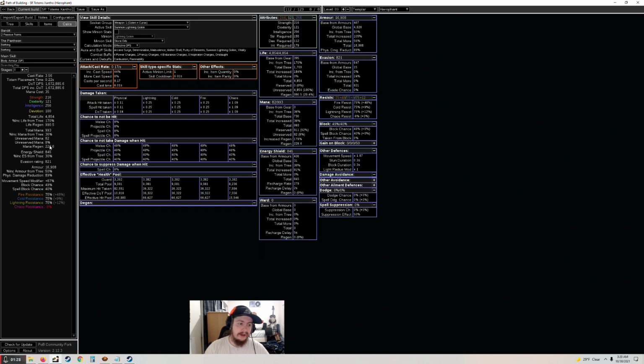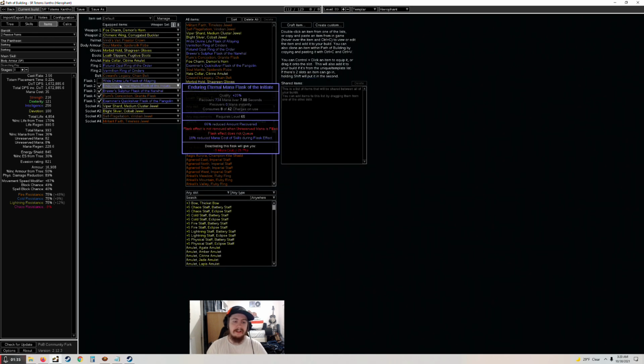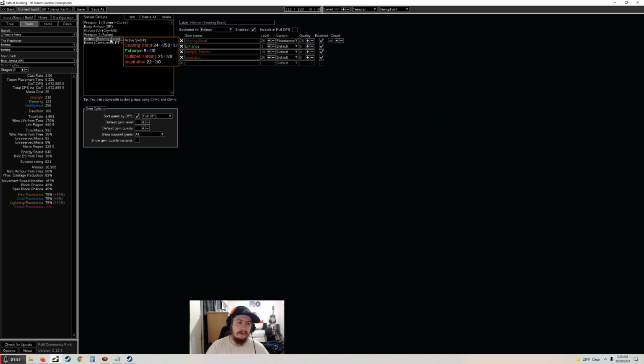A bunch of mana regen. We're not running Clarity. We just have so much mana regen from that. But to spam our totems, we do need to use an Enduring Eternal Mana Flask with reduced mana cost of skills, which is a bit unfortunate, but you only need to spam on bosses. So you only need to use your Enduring Eternal Mana Flask on bosses. Because your Scorching Ray totems don't cost that much mana,